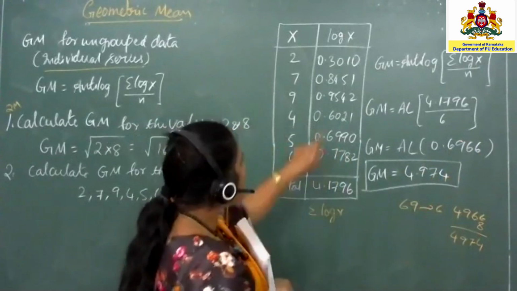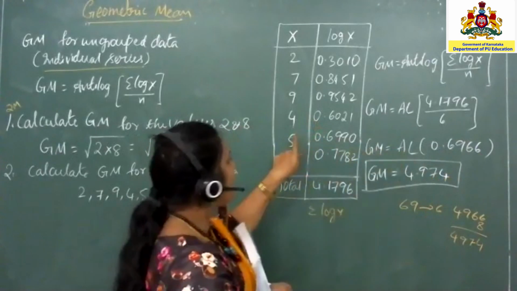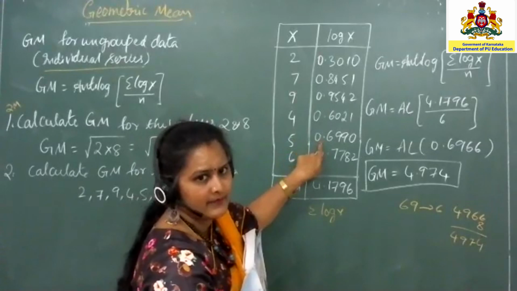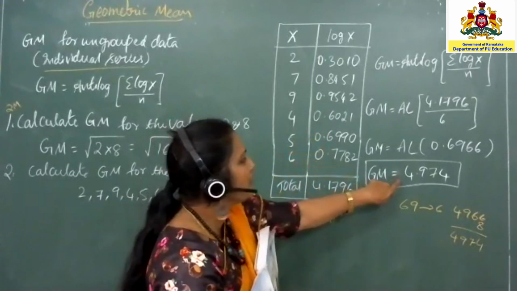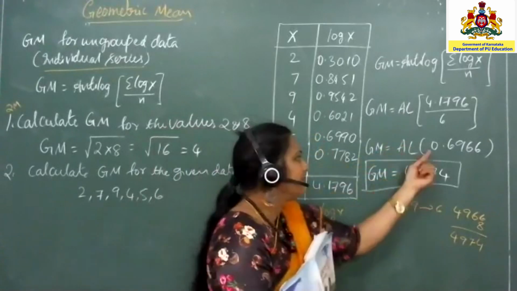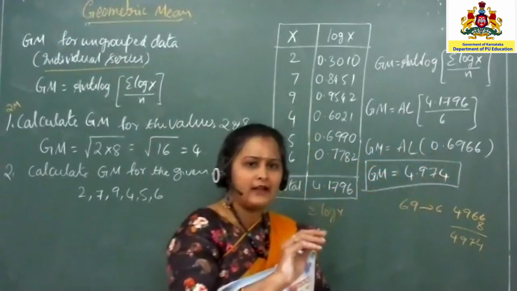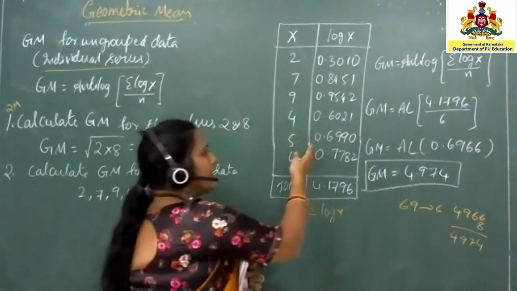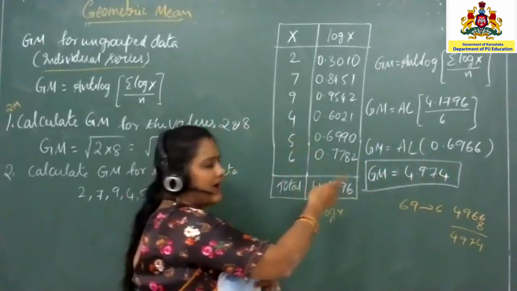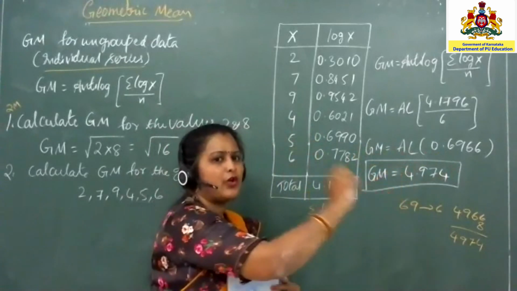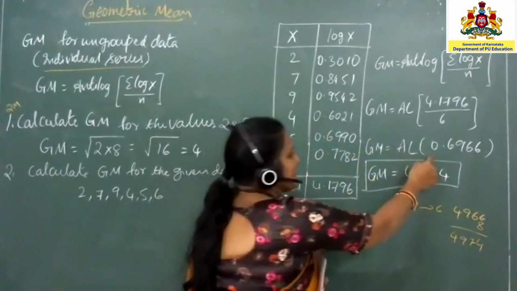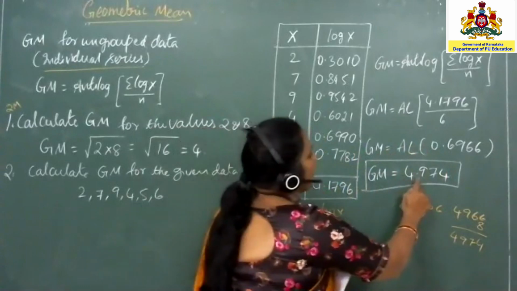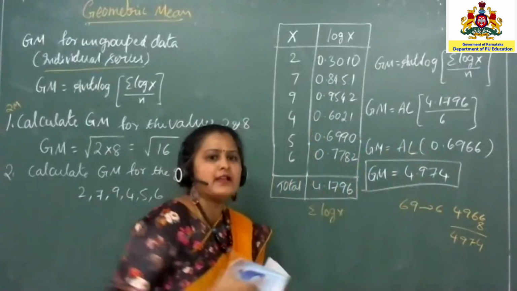Then afterwards, when you had a single digit, you wrote 0 point. So for the anti-log, because it is 0 point, you should write the point after one digit. Here in anti-logarithms, you write the value, and if it is 0 point, you place the point after one digit, which is 4.974.